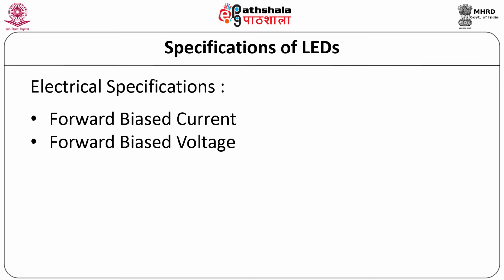Since basically an LED is a diode, forward bias voltage and forward current are two important parameters. Low power LEDs are capable of driving forward current up to 100 mA, while power LEDs can have forward current as high as 1 ampere. Typical forward voltage drop varies between 1.2 volt to 3 volt. It is necessary to ensure that the maximum current rating is not exceeded. This could give rise to excessive heat dissipation within the LED chip itself, which could result in reduced light output and reduced operating lifetime.